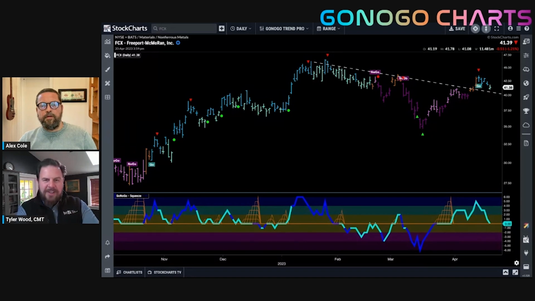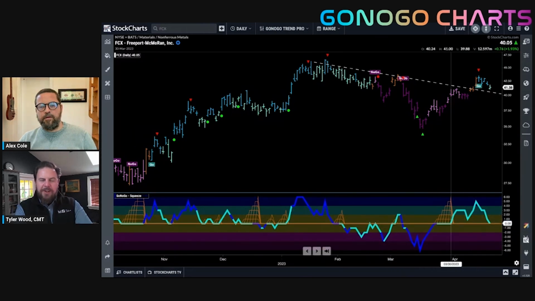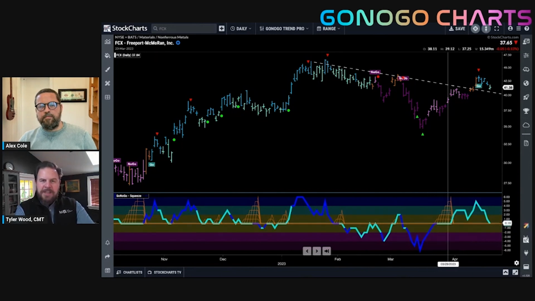Here over on the right side of the chart, we see a trend reversal where it's the exact same case. We're in a no-go trend. We're in negative territory in the GoNoGo oscillator, negative momentum. We come up to test the zero line and ride the zero line. It's when we see that decisive break above zero and the retest that we can establish the new go trend.